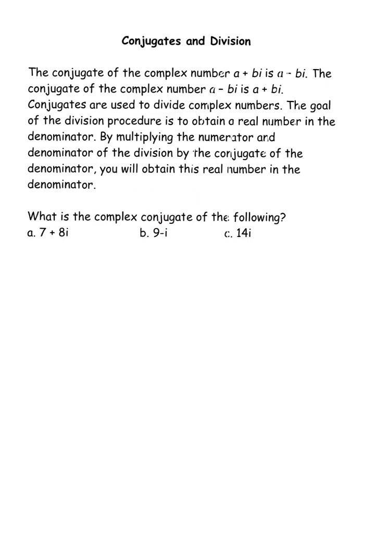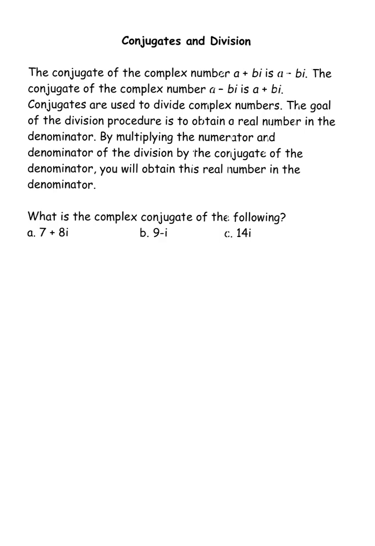All right, conjugates and division. The conjugate of the complex number a plus bi is a minus bi. The conjugate of the complex number a minus bi is a plus bi. Conjugates are used to divide complex numbers. The goal of the division procedure is to obtain a real number in the denominator. By multiplying the numerator and denominator of the division by the conjugate of the denominator, you obtain this real number